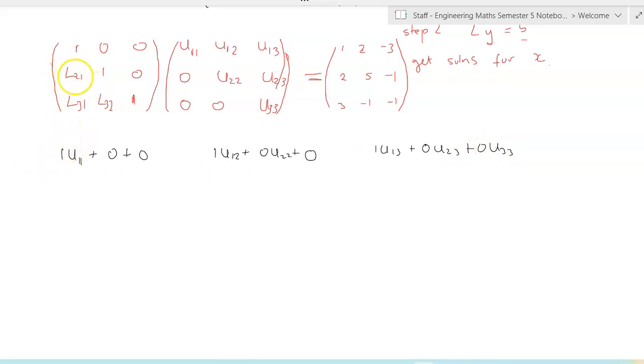So now the second row is this second row here by this first column. So it's L21 times U11 plus 1 times nothing, plus nothing times nothing, which is nothing. So then it's the second row by the second column. So it's L21 times U12